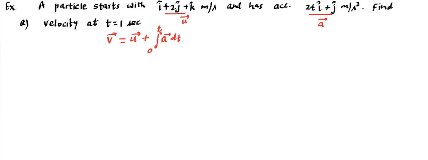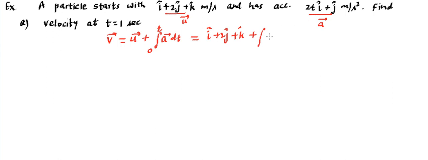That will become a formula for the particular question. And then we can use any value of t, whether it's 1, 2, 3, 4, whatever is given to us, we can put in. So we can handle multiple questions by finding the general expression. Now let's put the value of u. It's going to be i cap plus 2j cap plus k cap. And then go for this integration.